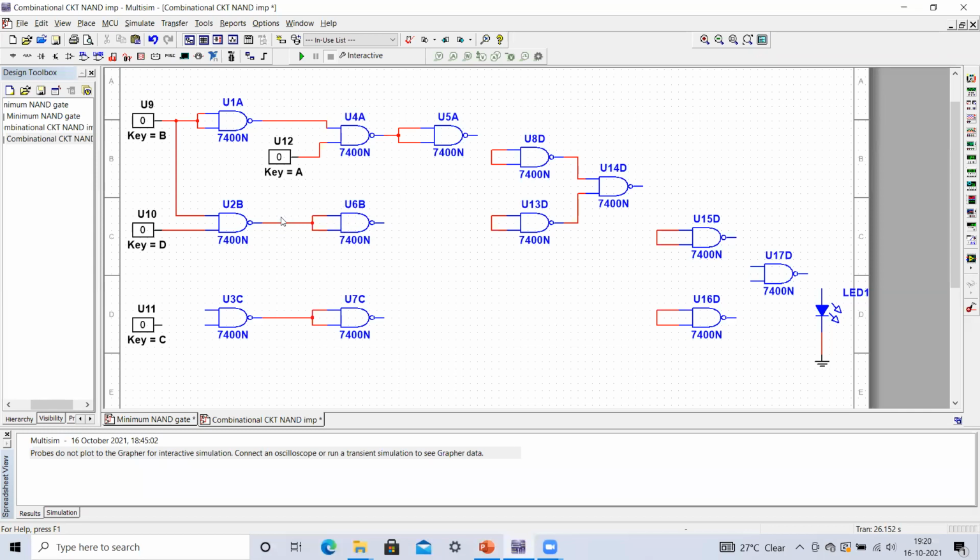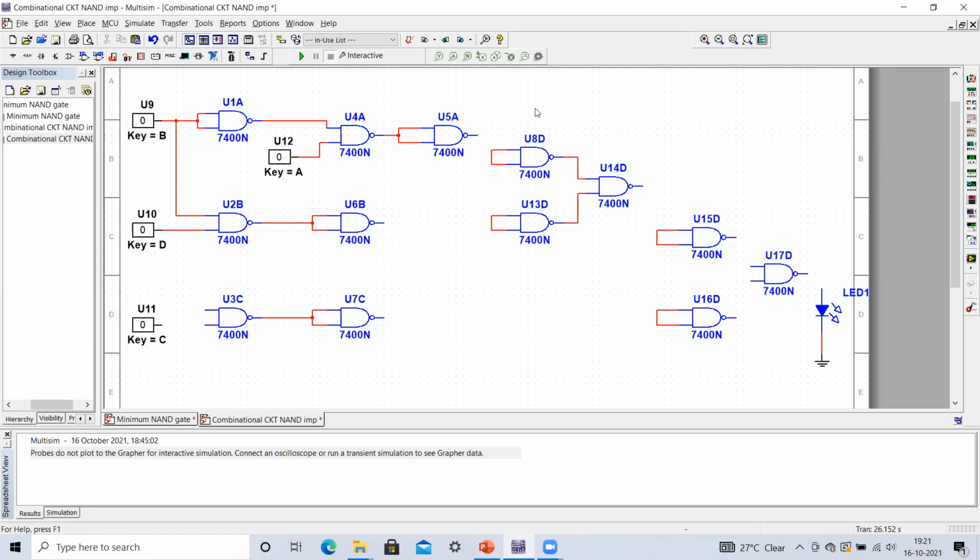Then again, if we pass it through a NAND gate, meaning an inverter circuit, we are going to get B dot D. So the output of this NAND gate is B dot D, and the output of this particular NAND gate is nothing but your A dot B bar.